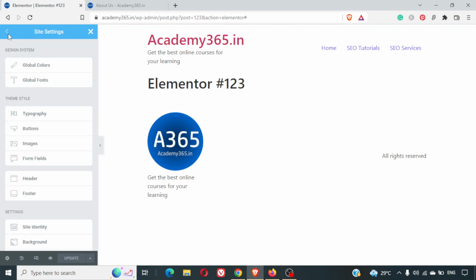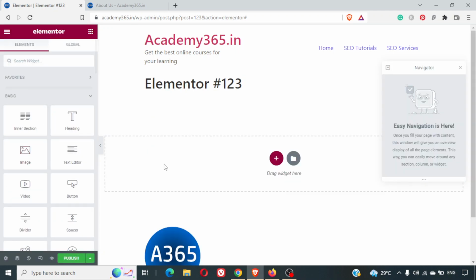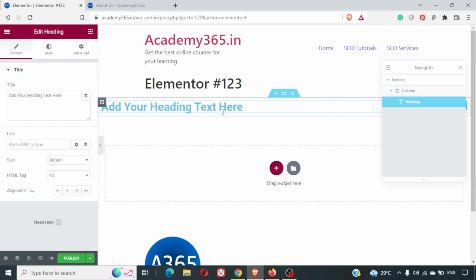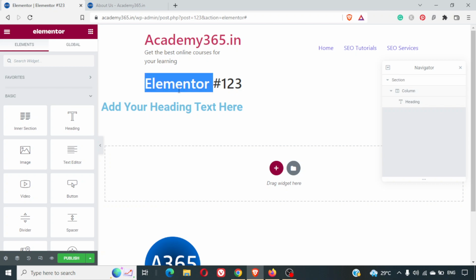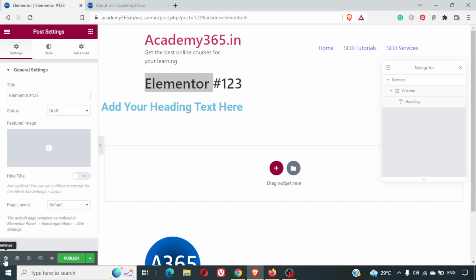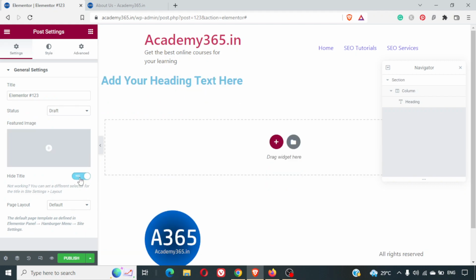Now we can just go back here, and we can close this window, and we can click here to have our page builder sections here. So next what I can do is we can have a heading of the page. So we can drag and drop the heading here. The title is already there, but you can hide the title. So here there's a hide title option which is there,